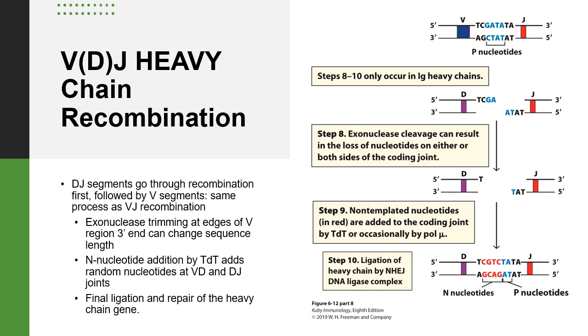Yes. It says that steps 8 through 10 only occur in heavy chains. Why not the light chains? For whatever reason, light chain recombination doesn't get the same treatment, and it doesn't get the addition of the random nucleotides. I suspect that it has more to do with that D diversity region and the joints between the VD and the DJ regions. That D diversity region